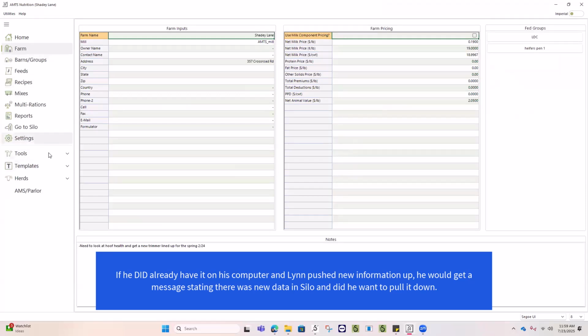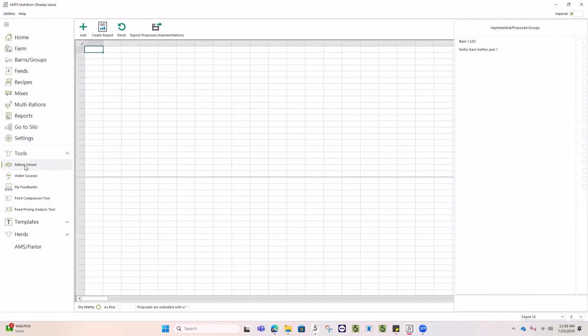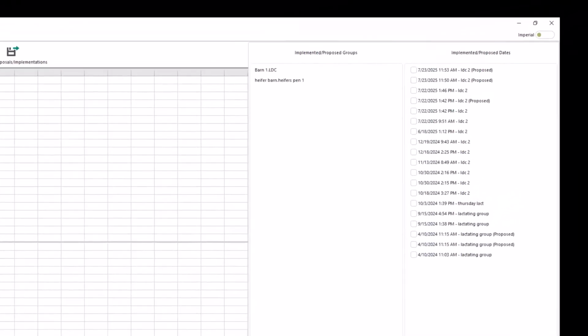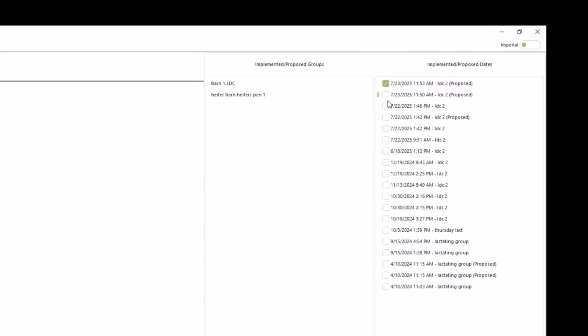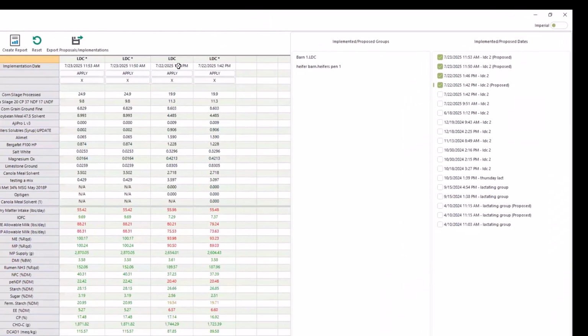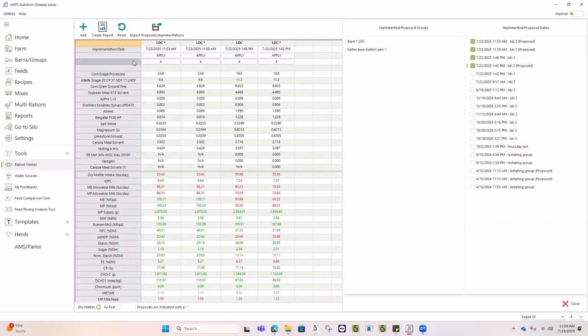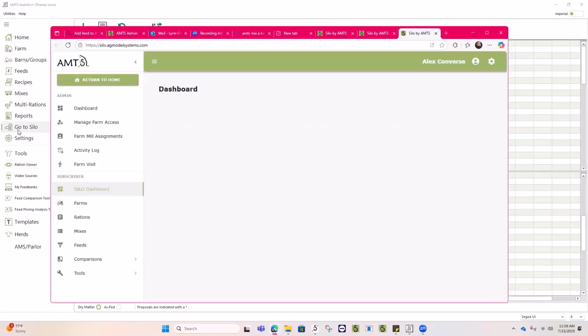I can go into recipes, but what I'm really interested in is the ration viewer. In the ration viewer, I can go to barn and check. These were proposed. These are the dates and times. I wrote the lesson in this yesterday. And again, if I leave this